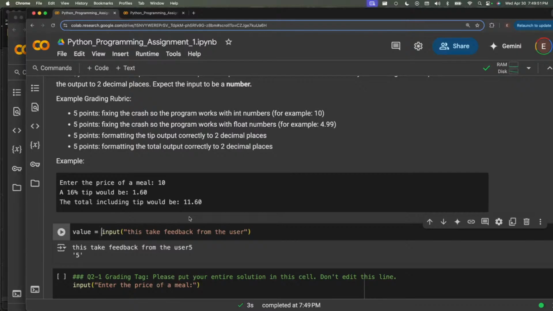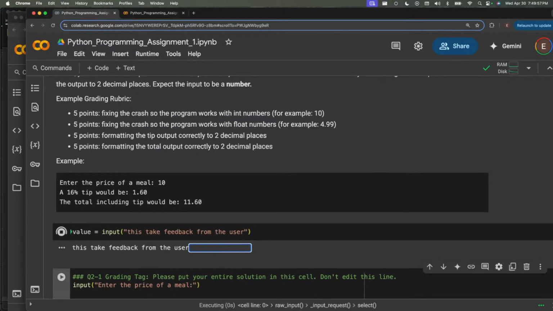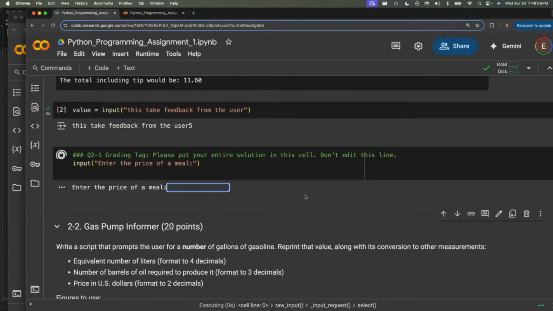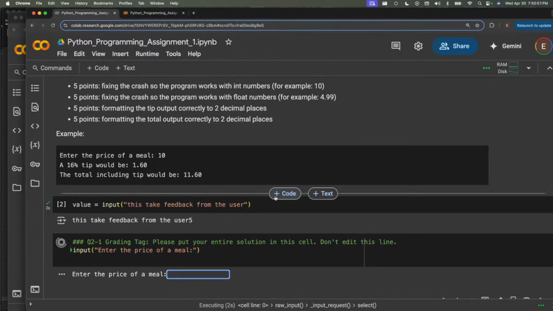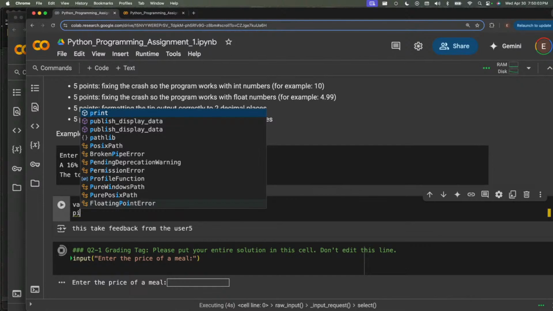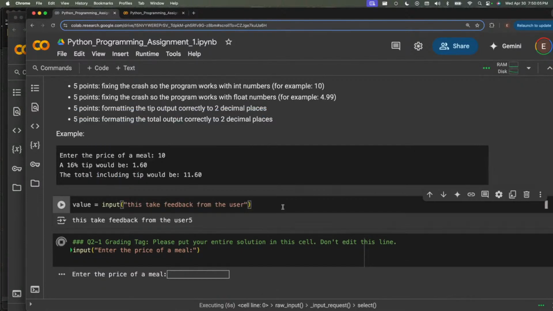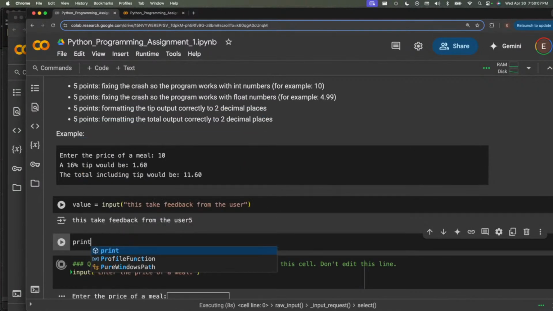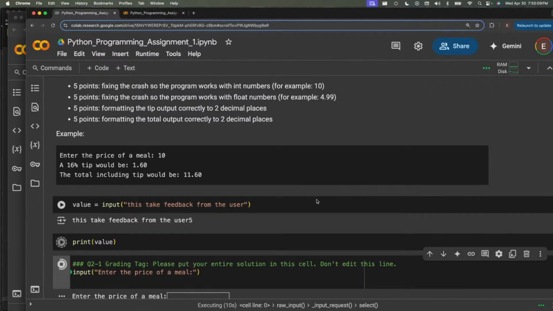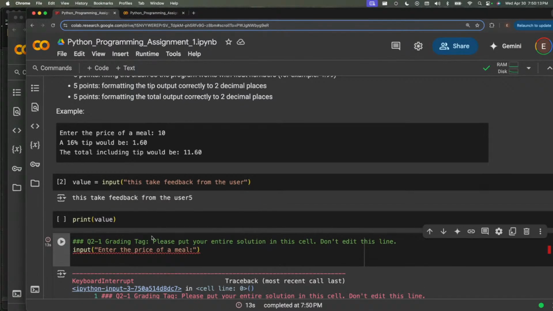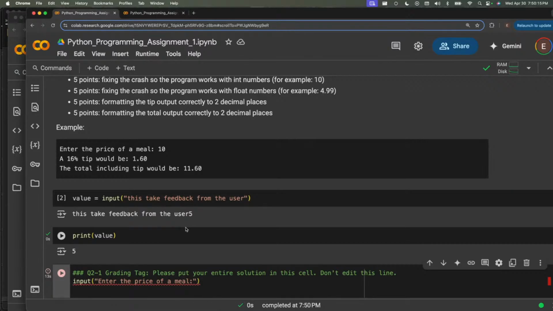If we want to use it somewhere in our code, we have to store it into a variable. So we have to say value equals input from user. And let's say I say 5. Then we can print on the next line, we can print value. Sorry, I have to kill this because it's waiting for my input. My bad. I print value, and we can see that value takes on